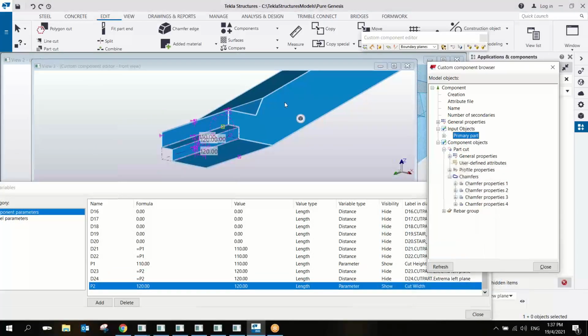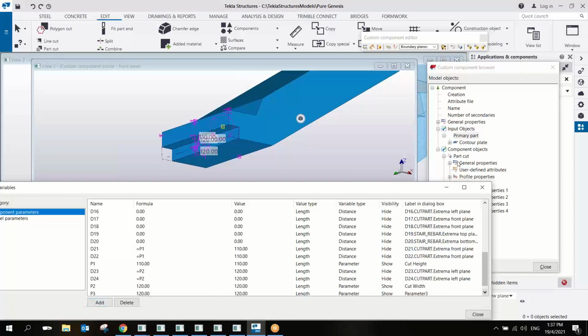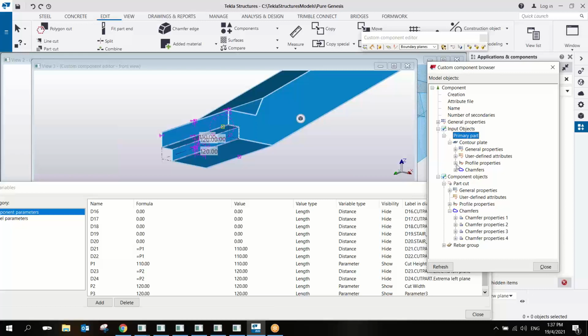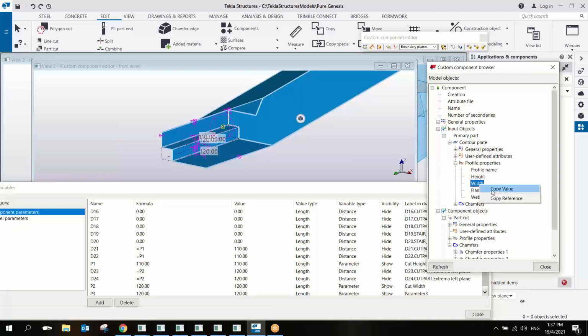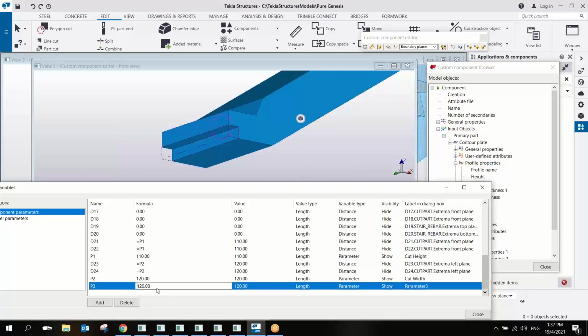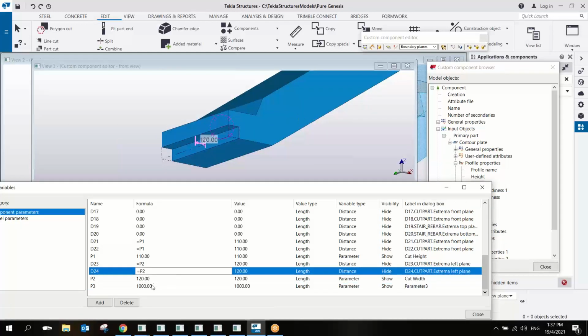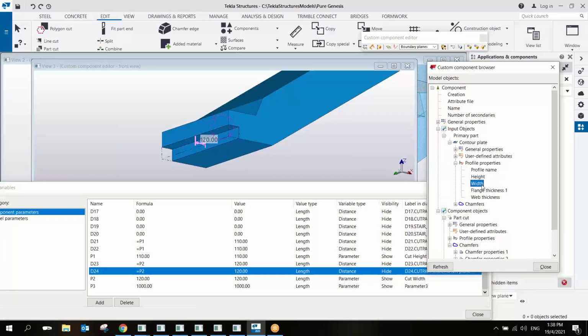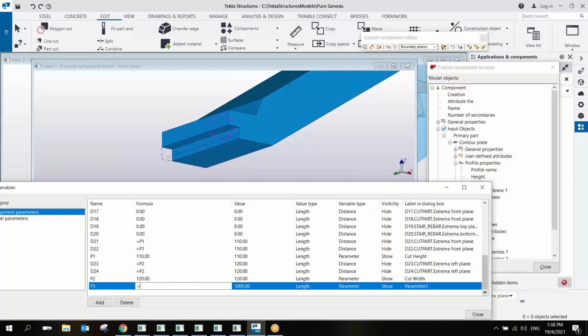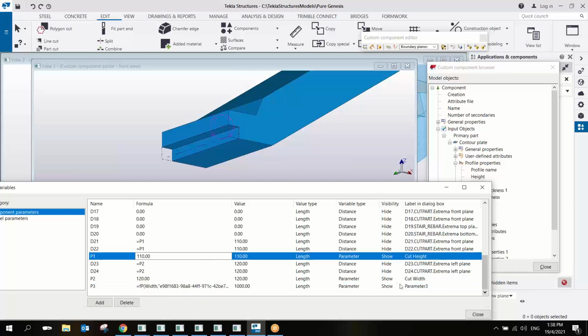So meaning if I select the stair primary, I need to get the reference of the contour plate, reference profile width. Let's see, copy. Is it a width? Yeah, it's the width. So I'll just simply copy reference and then here equals to this one width,